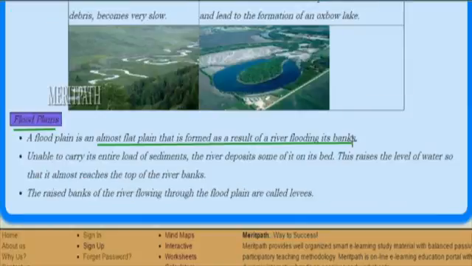Floodplain is formed as a result of rivers flooding into the banks. Because there is a lot of load of debris, some of the river deposits come out of its bed and raise the level of the water so that it reaches almost the top of the river banks. So we see at the beaches, right, some of the river comes at the corners and then deposits also come. These raised banks of the river which are flowing through the floodplains are called levees. Levees are nothing but raised banks of